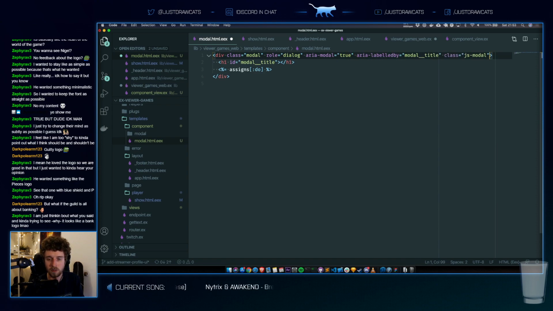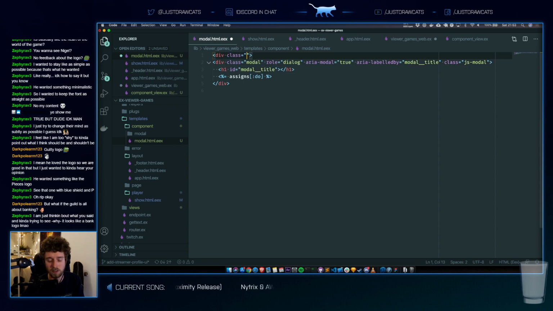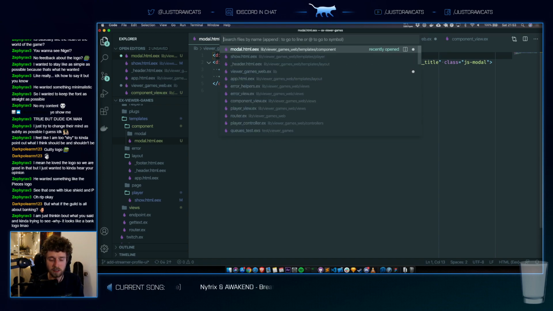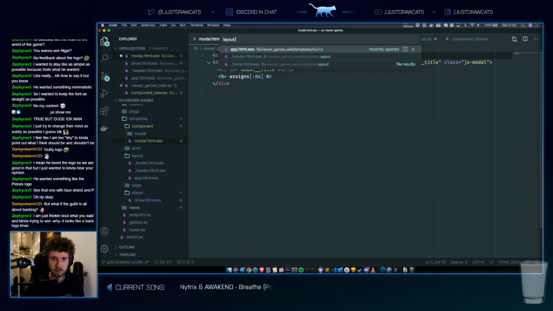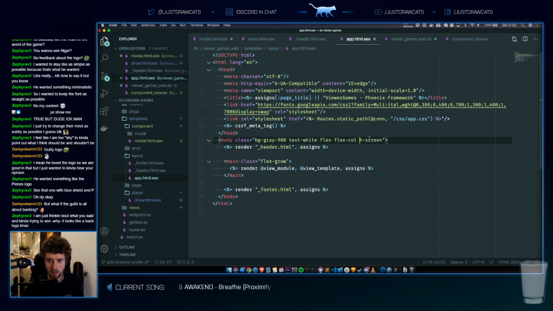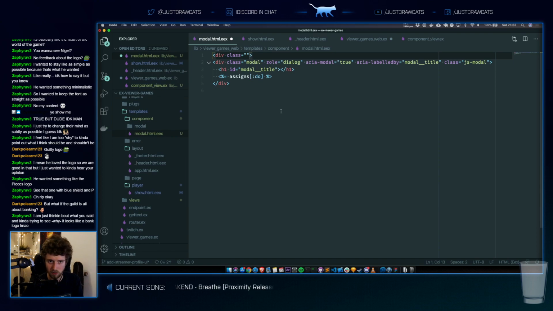Okay, so what needs to happen is I render this modal and it needs to render a fade. And so it needs to do that thing that I do in the body layout. This thing for position fixed, top 0, left 0, right 0, bottom 0,